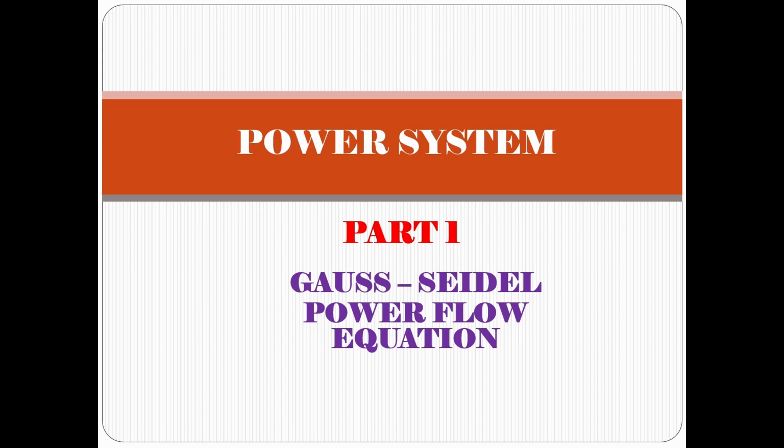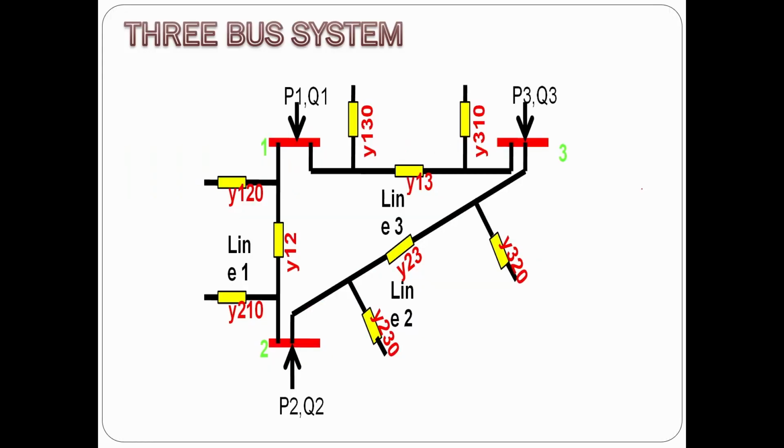As a background, the Gauss-Seidel calculation method is named after the German scientists Carl Friedrich Gauss and Philipp Ludwig Seidel. It is a method of iteration for solving n number of linear equations with unknown variables. This method is very simple and is used in digital computers for computing. In this lecture, we will consider only a simple system.